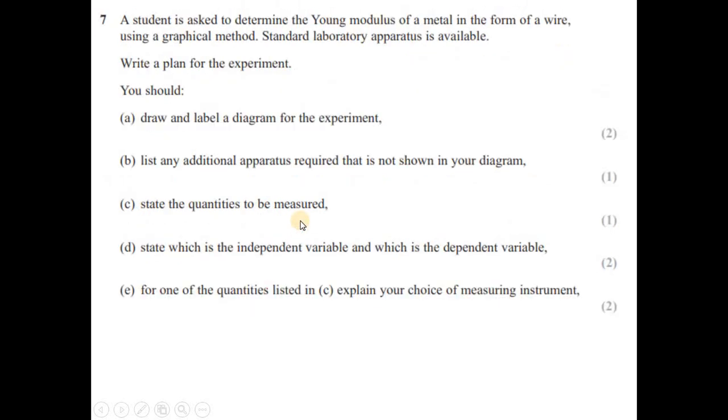Question number 7. A student is asked to determine the Young modulus of a metal in the form of a wire, using a graphical method. Standard laboratory apparatus is available. Write a plan for the experiment, and you should include all these points. Point A, draw and label a diagram for this experiment. This is all about the Young modulus experiment, and if you recall, we do a typical experiment about finding the Young modulus of a wire, in which we use a table top